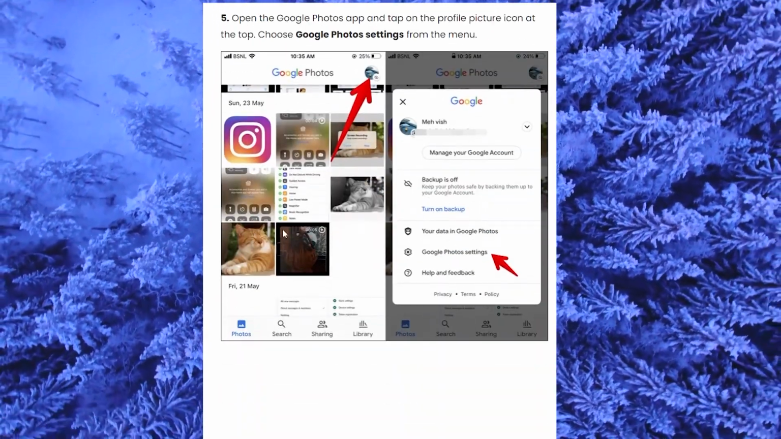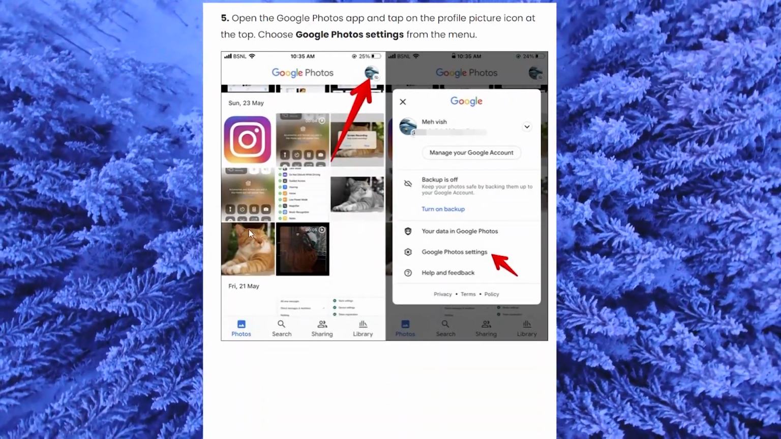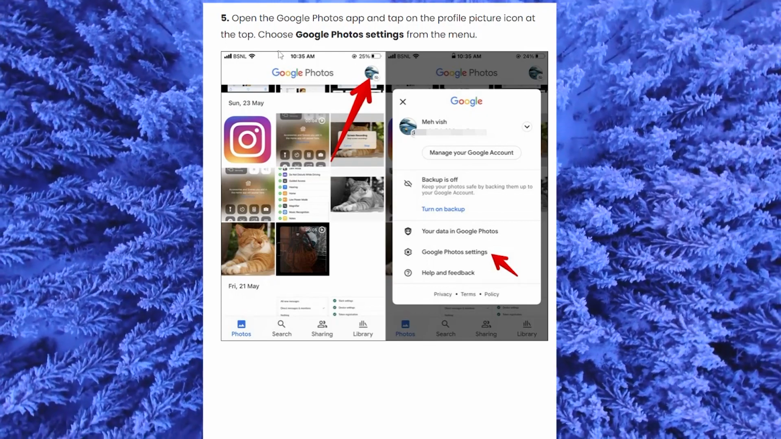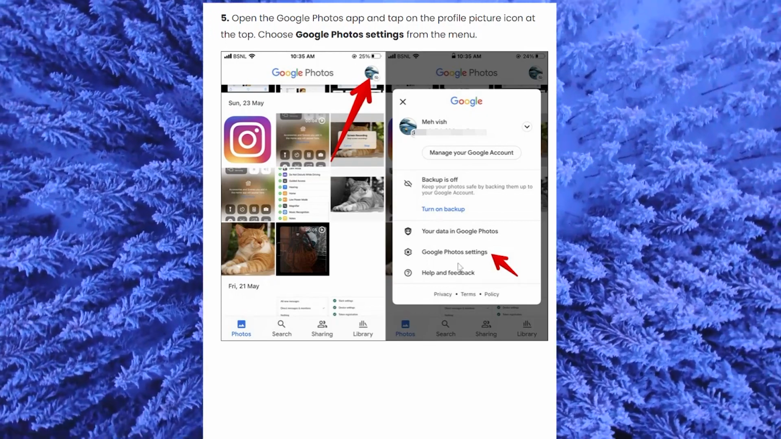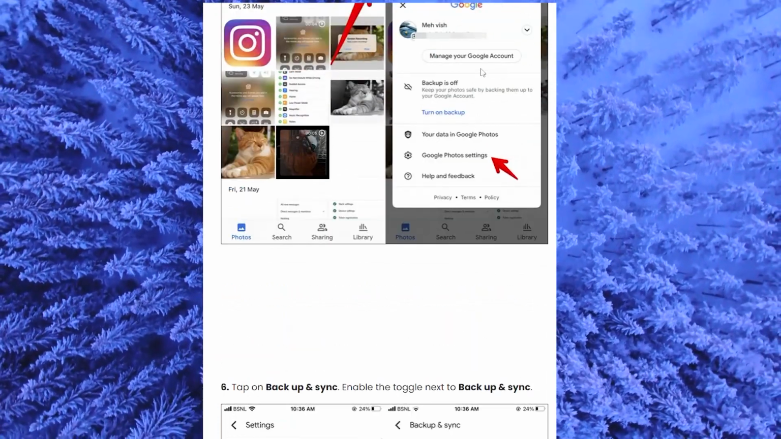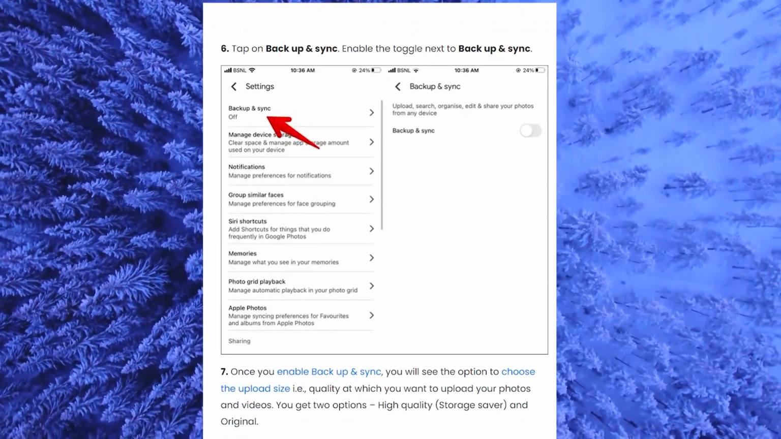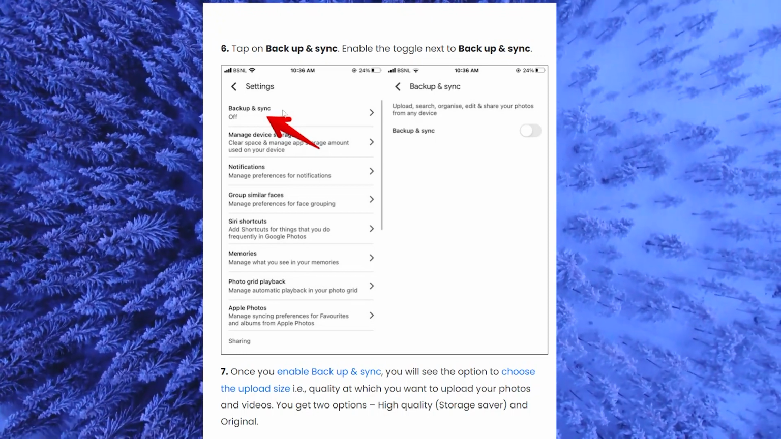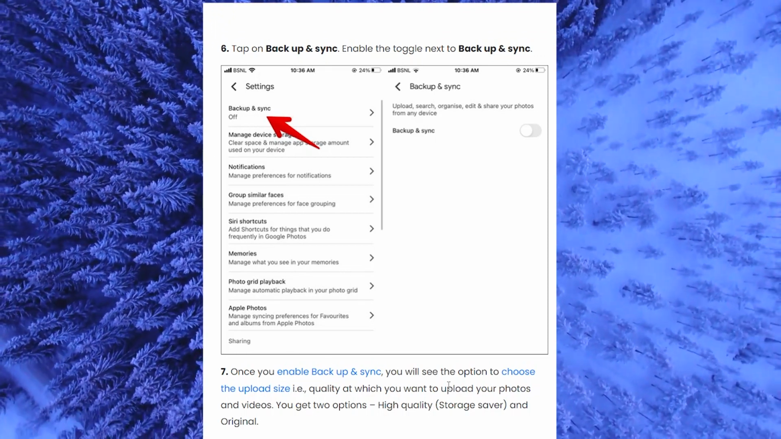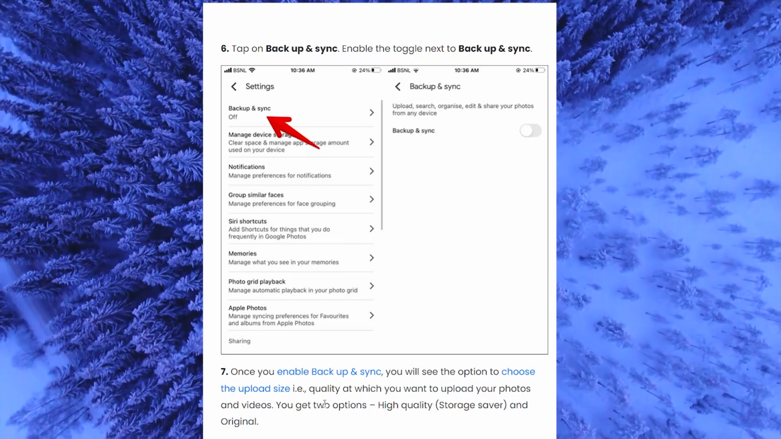Open the Google Photos app and tap on the profile picture icon on the top, like this one. Choose Google Photos settings. After that, tap on Backup and Sync. Enable the toggle next to Backup and Sync. So turn it on. Once you enable Backup and Sync, you will see the option to choose the upload size,